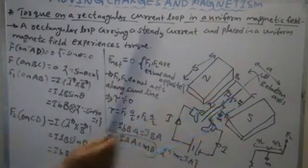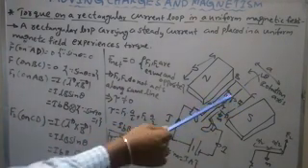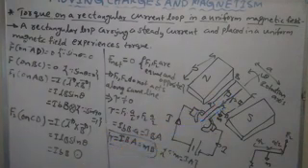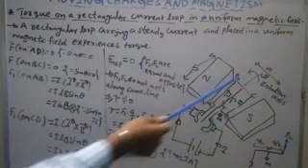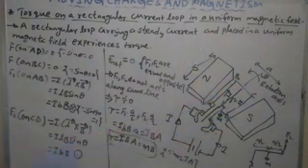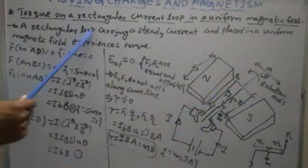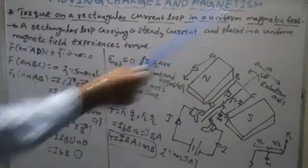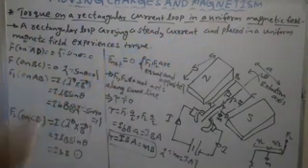B bar is along the negative z axis. Then the torque acts along which axis? Negative y axis. Okay, so this is the torque experienced by a current carrying rectangular loop in a uniform magnetic field. Once again I am revising. A rectangular loop carrying a steady current and placed in a uniform magnetic field experiences a torque.